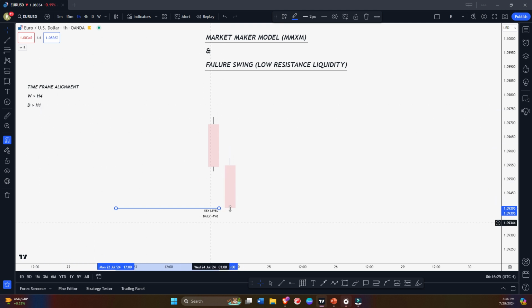So we're going to use time frame alignment. So we know अगर हम लोग daily level hit किए हैं, okay, we know you can use other time frame alignment as well, but यहाँ पे डेली फेयर वैल्यू गैप हिट किए हैं, तो from daily we will go to 1 hour time frame. ठीक है, सो ये जो डेली कैंडल देख रहे हो, जो दो डेली कैंडल, अगर इसी को मैं 1 आवर में देखूंगा तो काफी सारा कैंडल मेरे को दिखेगा, right. अगर यही दो कैंडल को मैं 1 आवर टाइम फ्रेम में देखूंगा